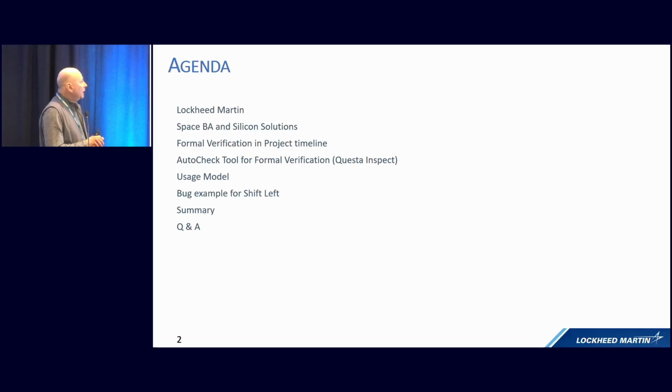So there are three things that I'm going to talk about on the agenda. I have a couple of slides about Lockheed Martin. Somebody made a comment a couple of weeks ago that they didn't know that Lockheed Martin actually does FPGAs and ASICs, so I'll talk a little bit about that. I'm going to talk about formal verification and AutoCheck specifically. But the most important part is the third part, which is an actual example of a bug that was found